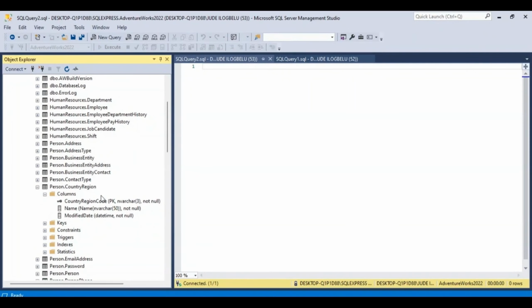The column will give us information about how many columns we have there. We have country region code, we have name, and we have modified date. That is the 3. Let's open up the key. You see we have the key, and this key is the primary key because it's black. A secondary key is not black. Now what is a primary key? The primary key is a key or a code that is very, very